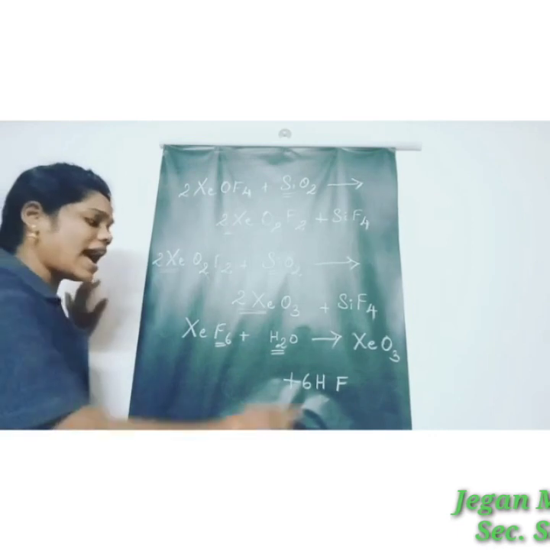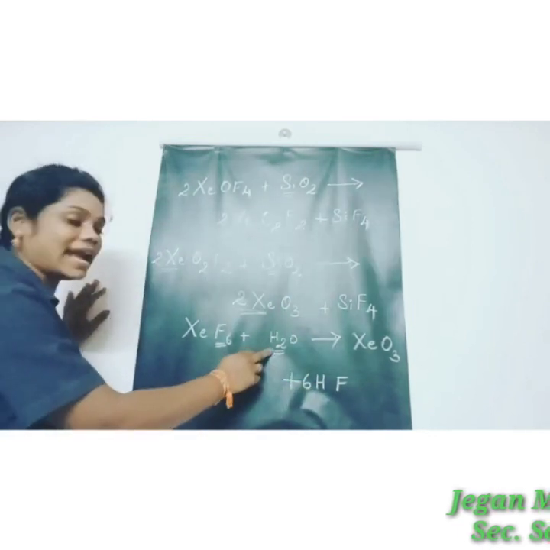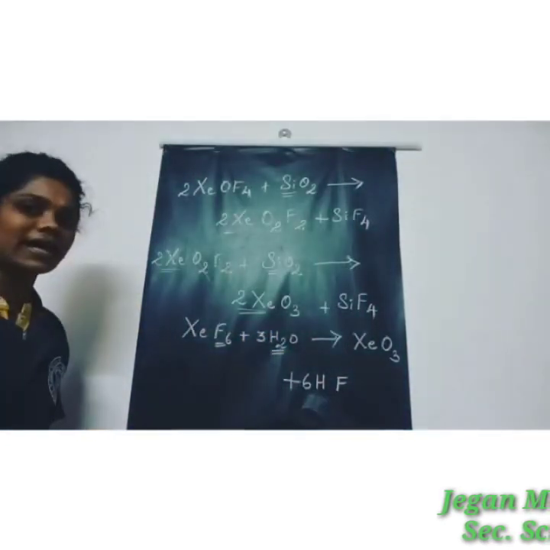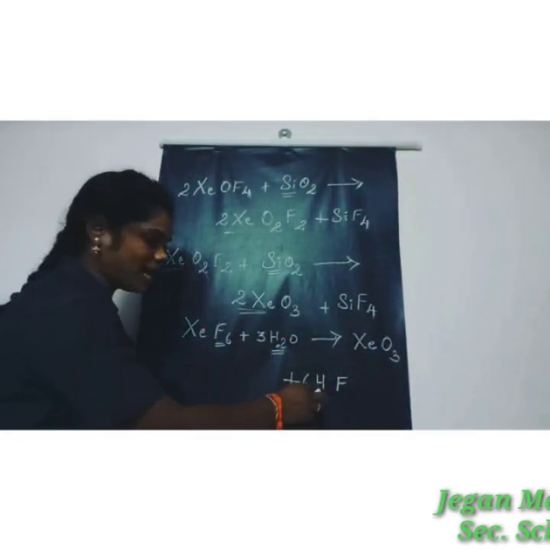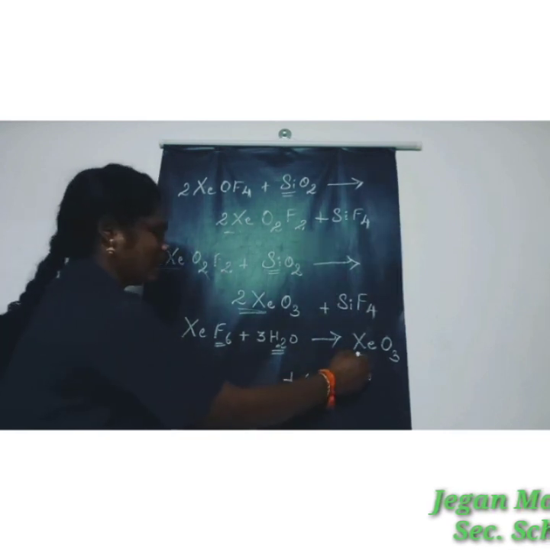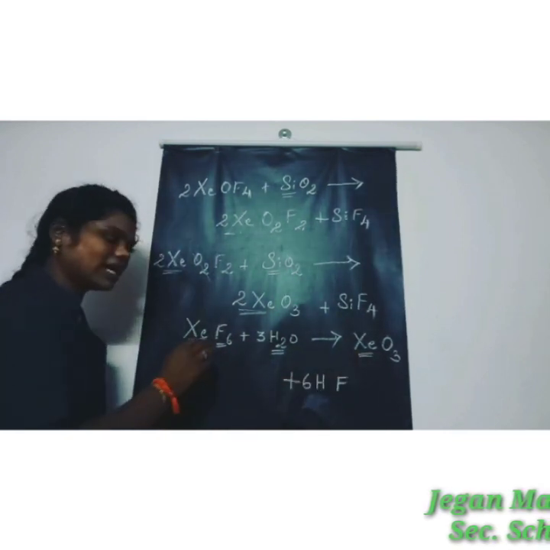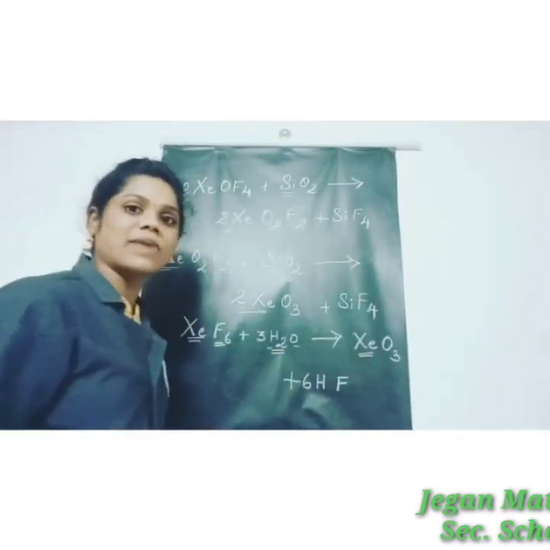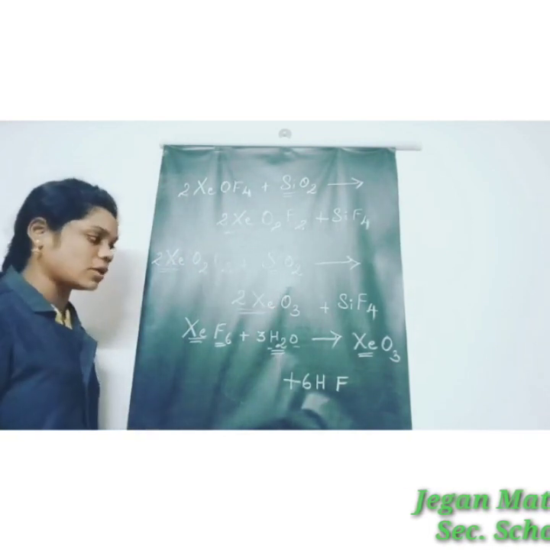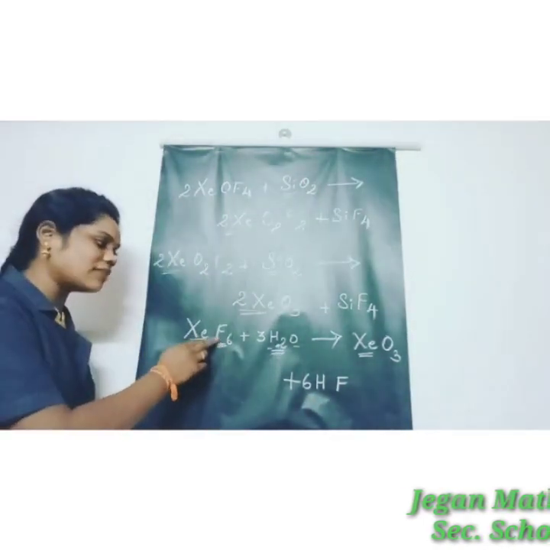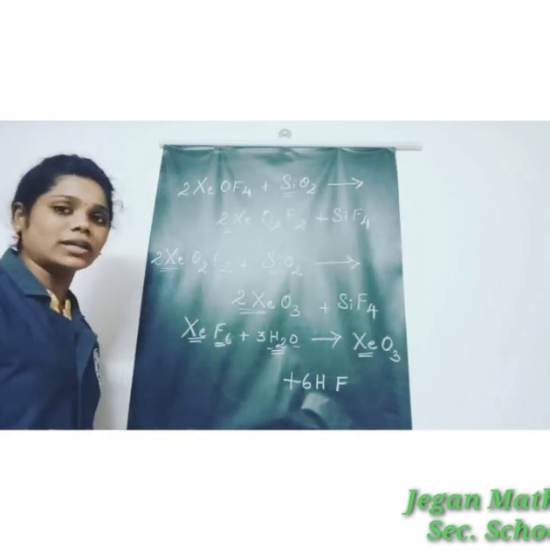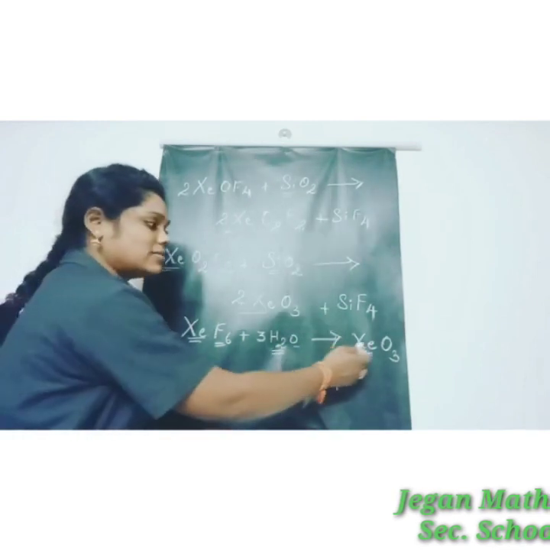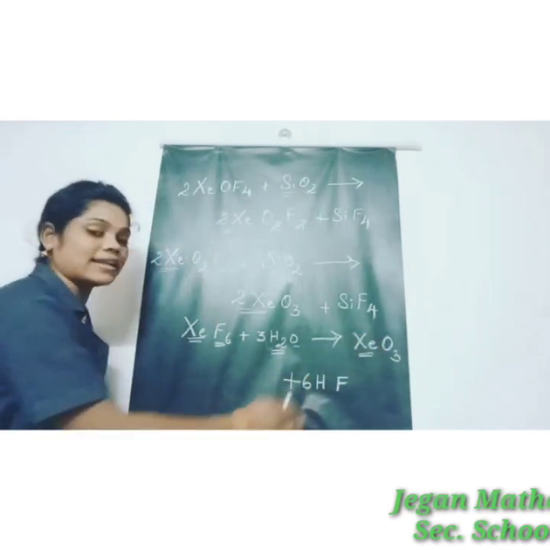So now we see hydrogen is 6 times, but here hydrogen is only 2 times. So here 3, 3 2s are 6. Now hydrogen is balanced and fluorine is also balanced. So what is remaining here? Xenon. So xenon here 1 time, here also 1 time. And oxygen here 3 times and here also oxygen is 3 times. So that's all for this equation. So here the main thing is xenon hexafluoride and hydrolysis with water vapor. That's why we have taken H2O. So it gives xenon trioxide and hydrogen fluoride.